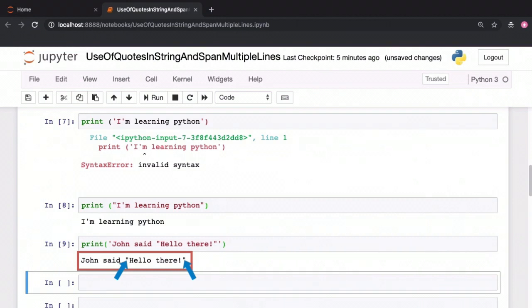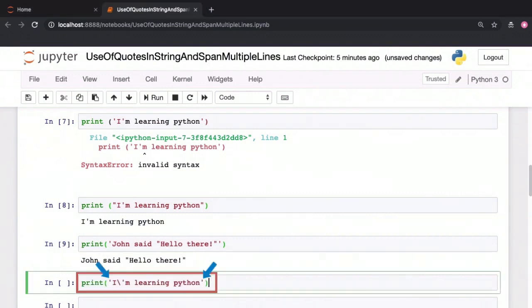If your string itself includes a single quote and you have to enclose your string in single quotes for some reason, you need to escape the single quote within your string. Notice the backslash character just before the single quote before M. This backslash is termed as an escape character and it tells Python whatever character comes after this backslash, accept that character as is as a part of this string, don't apply any special meaning to that character.